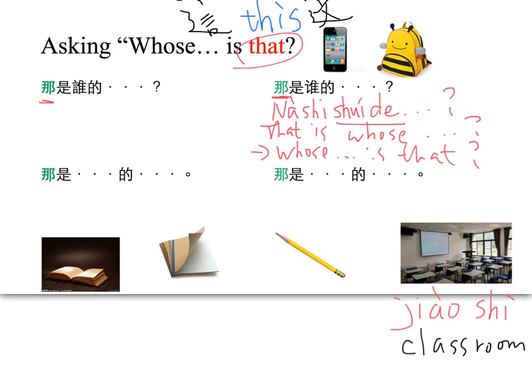So I'm going to ask you whose classroom is that? 那是谁的教室？And you're going to tell me that's my classroom. 肖老师. So how would you say that? 那是肖老师的教室。很好。